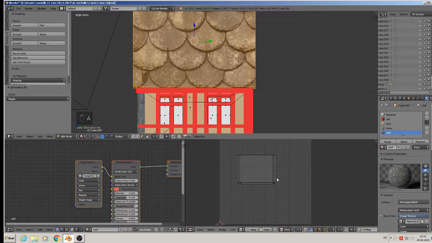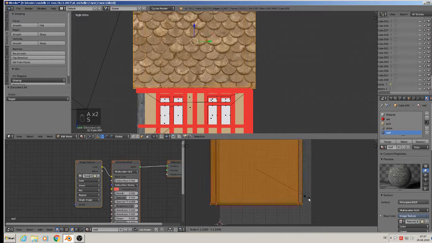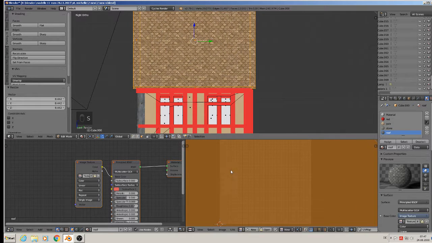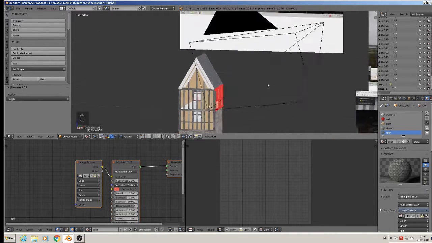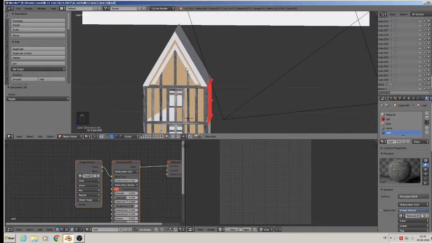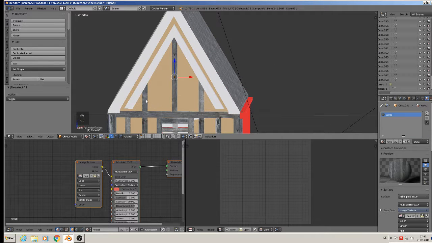Then we scale that down. And that is done. All in all, this roof is too high, so it's better to join that here